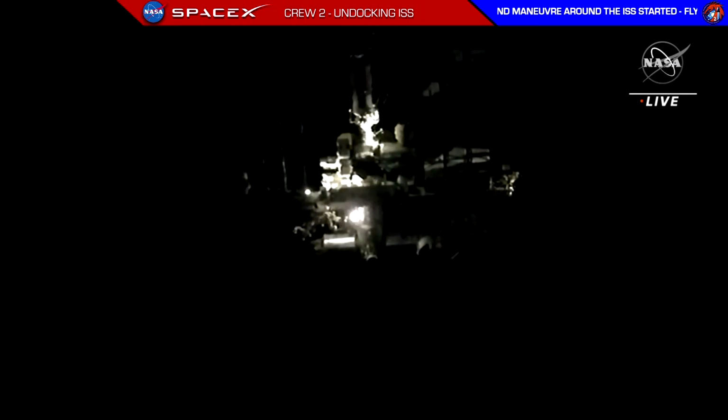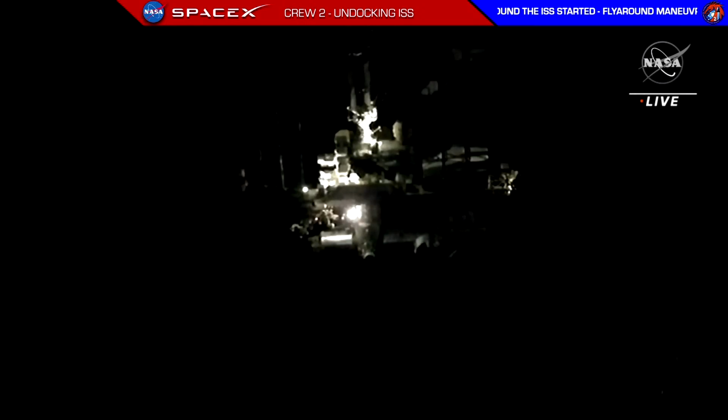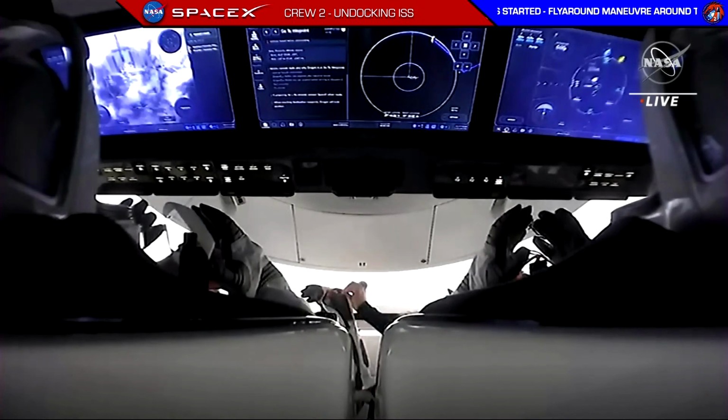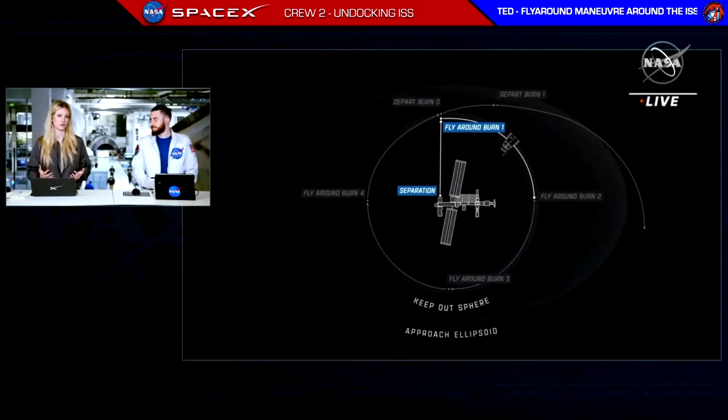As we mentioned previously, we prefer to do direct handovers from crew to crew, but the weather off the Space Coast and around Florida in general has been incredibly tricky the last week. So the teams at NASA and SpaceX did reviews and jointly made the decision that the best thing to do for both Crew 3 and Crew 2 would be to bring the Crew 2 crew home before launching Crew 3, purely because of weather restrictions. We've been monitoring splashdown conditions on both sides of Florida, including wave height and wind speed, and those are really the primary restrictions on allowing the crew to splash down, and it just happens to be that today was our best day to